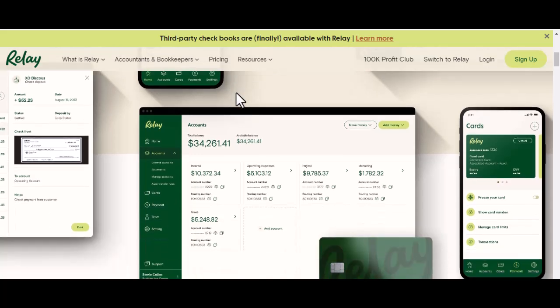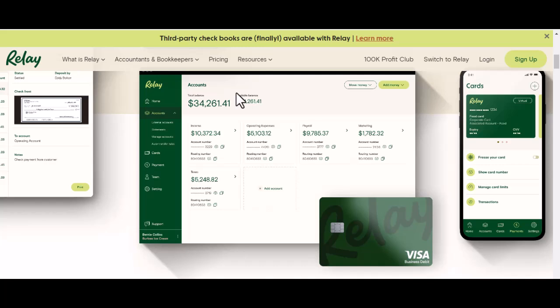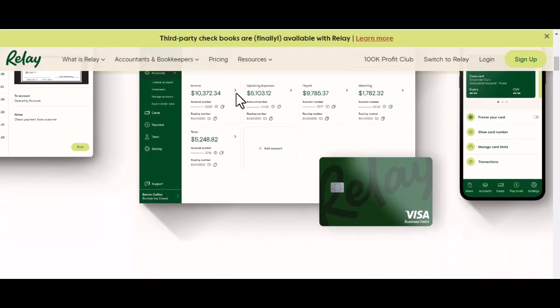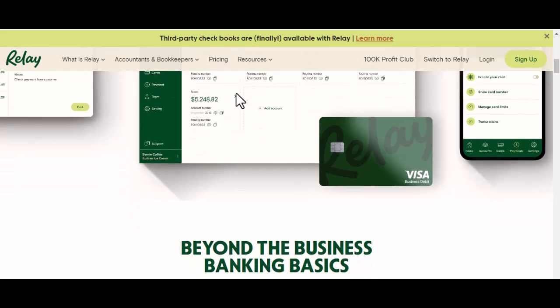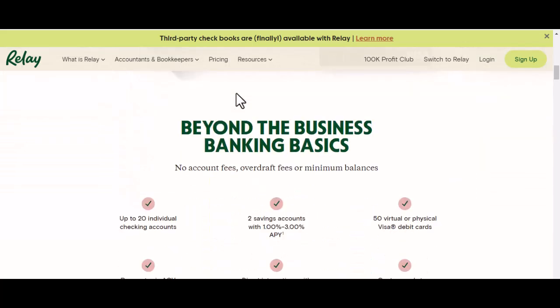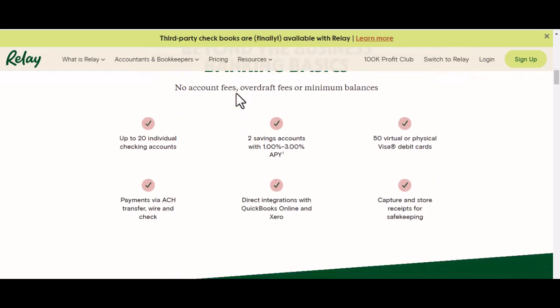Think of it as the mission control for your business finances. The moment you log in, you are greeted with a powerful overview that cuts through the noise. Right at the top, you'll see your total cash position across all your Relay accounts. No more hopping between accounts to get a grand total. Below that, you get a quick glance at your recent transactions, so you're always on top of what's coming in